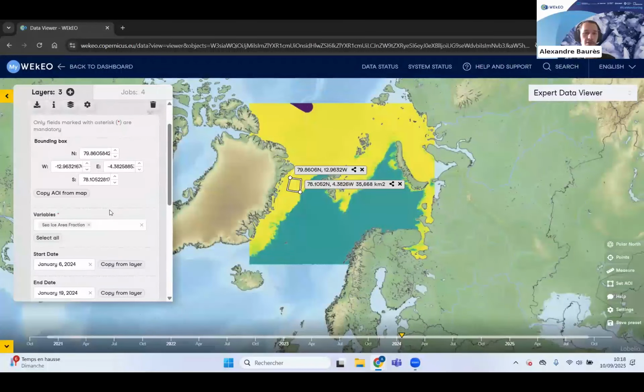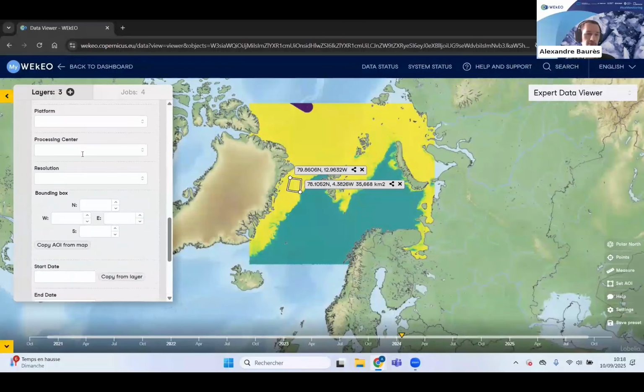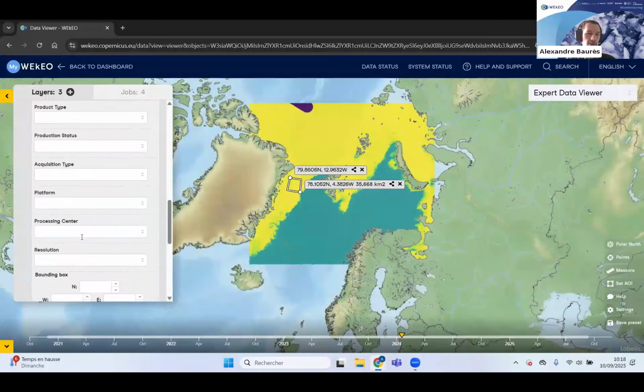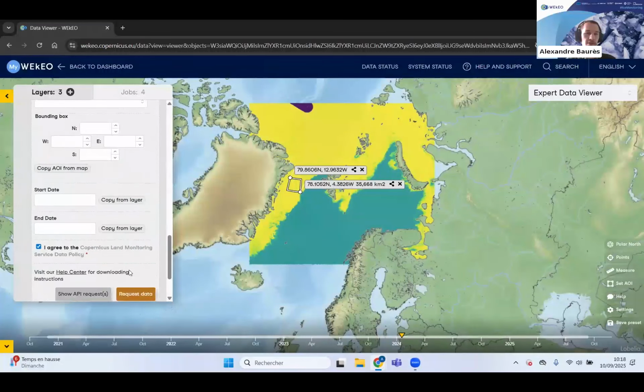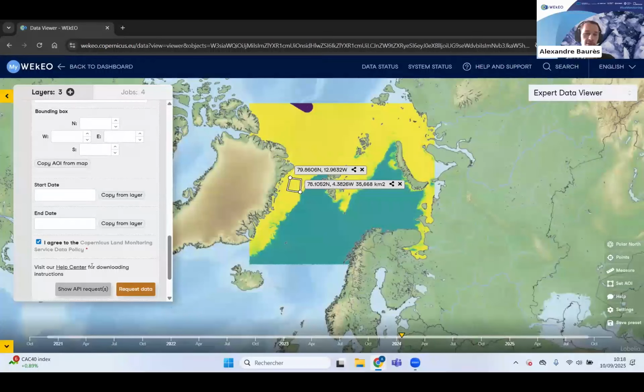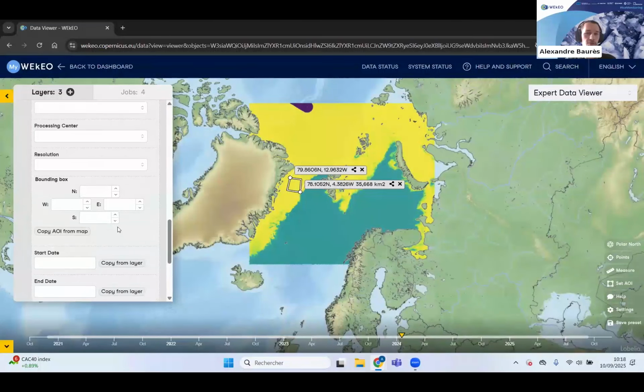All these parameters are not the same depending on the dataset. Same for mandatory parameters. If I show you the normalized difference vegetation index, there are many more parameters, but none of them are mandatory. So we often have the case of users that fill in all the parameters and finally find no results. So I invite you to set